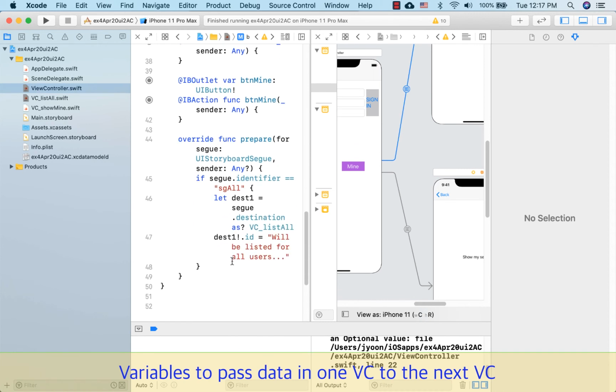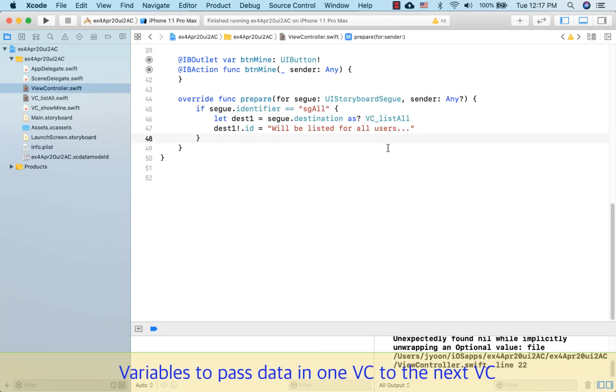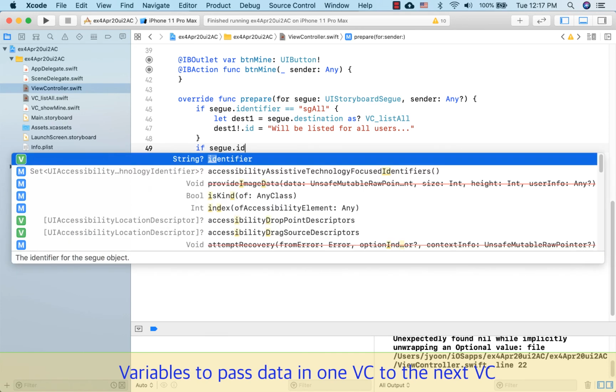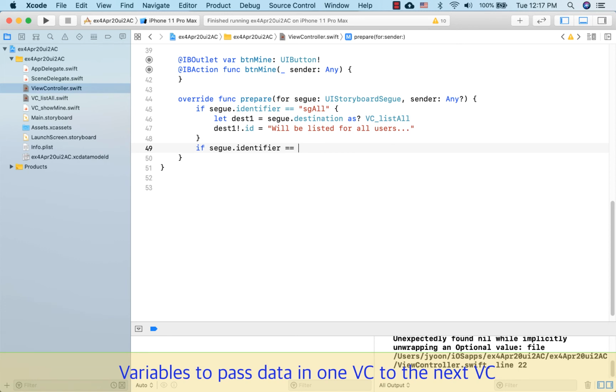Seg all and seg mine. So I need to close this, close that, and then if segue identifier is seg mine,